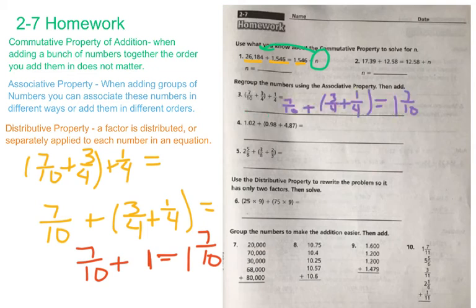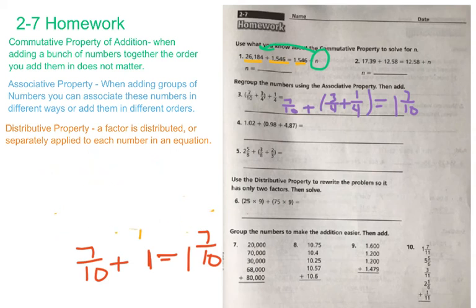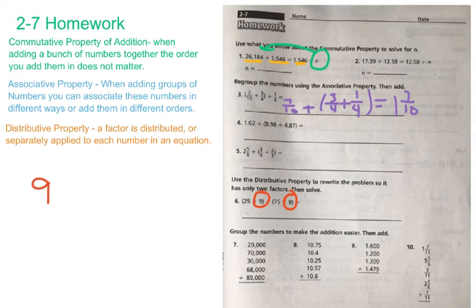When you look at number 6, it says use the distributive property to rewrite the problem so it has only 2 factors and then solve. Well, when you're using the distributive property, what number is being distributed here? What needs to be distributed? Well, you can see that it's the 9. So you're going to have 9, and you're going to be multiplying that by 25